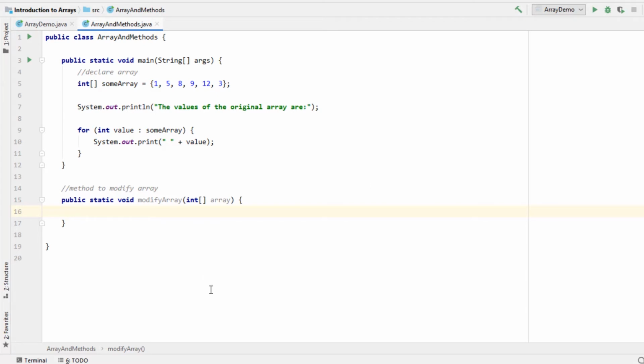Using a for loop, we type for int count equals 0; count less than array.length; and then ++count. In the body of the for loop, type array[count] *= 3;